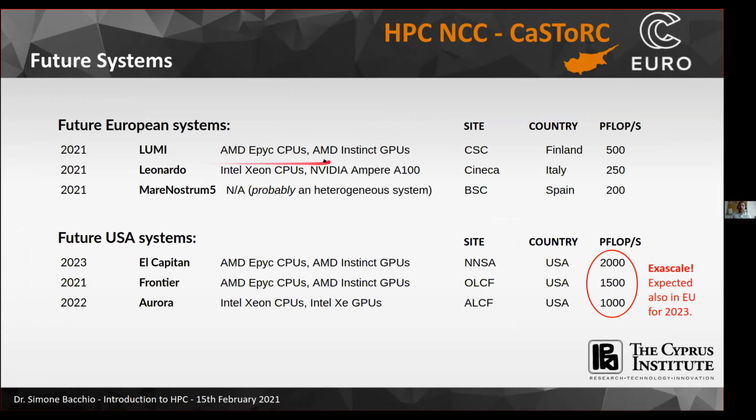the JUWELS Booster. This system will be equipped with AMD CPUs and AMD GPUs. This is one of the important aspects that is going to change in the new pre-exascale and exascale systems, where we will not have only NVIDIA GPUs, but also AMD GPUs inside these systems. This is quite critical for us, and we will talk about it later, because